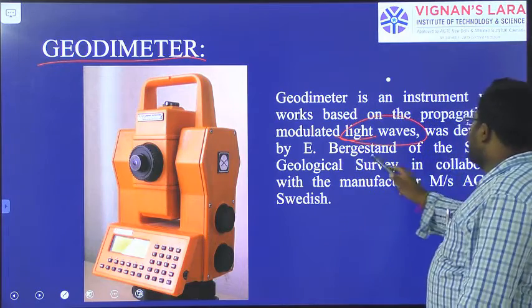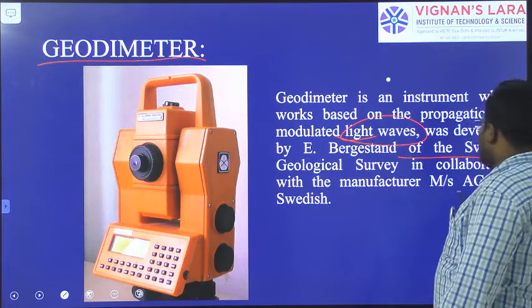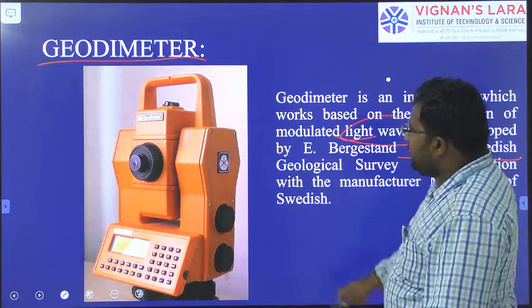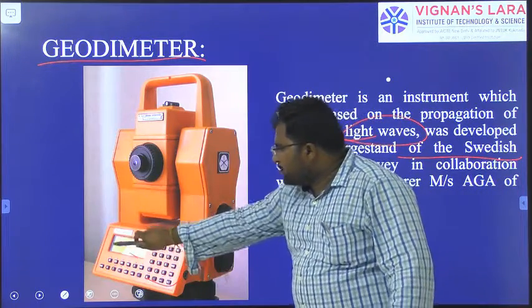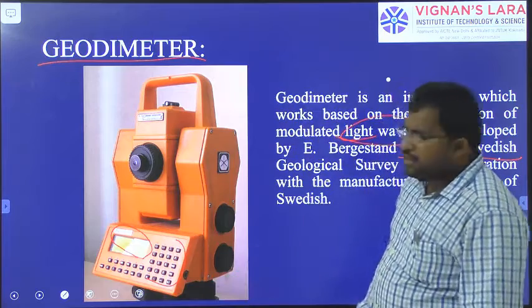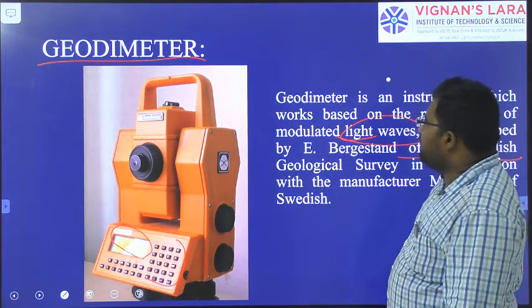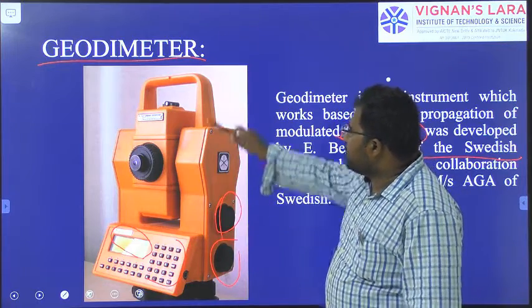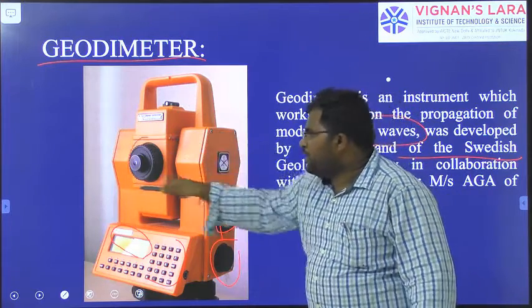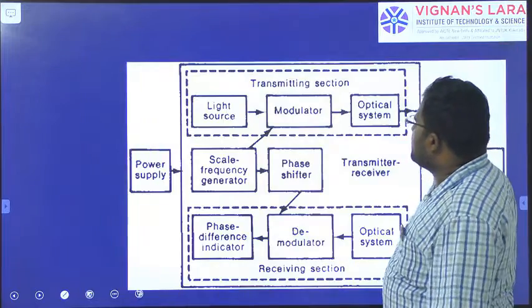It was developed in Sweden, right? So it looks like this. You can see the panel here, and the display to read out the angles. We have screws here to adjust the movement, we have a handle, and we have a telescope here. Everything is there, right?